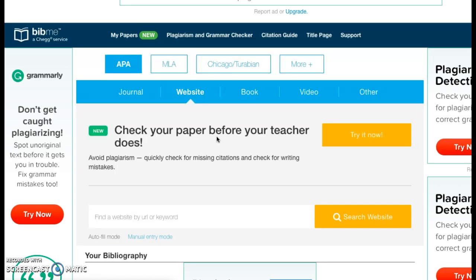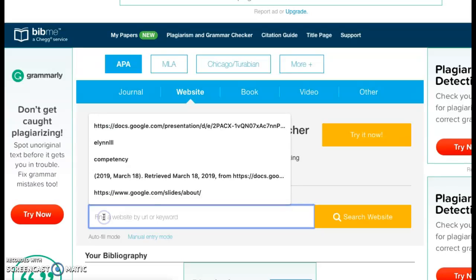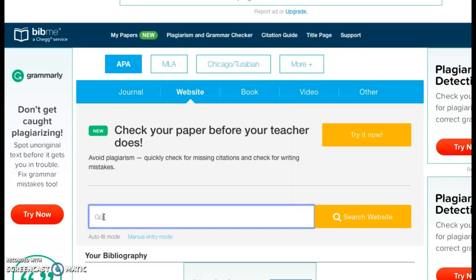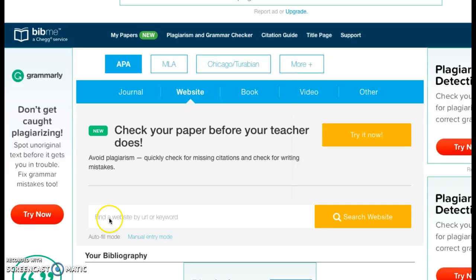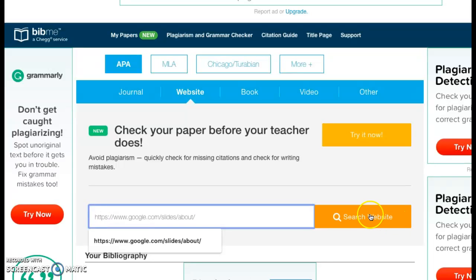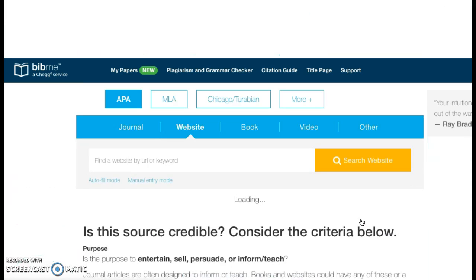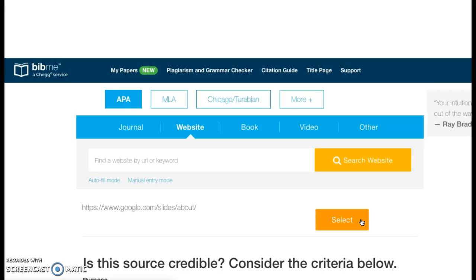And the particular example I'm going to be using is a website. So I'm selecting here, it's the default. And I need to paste the website URL. Where'd you go? Which is right here. So click this and Bibme goes to work,